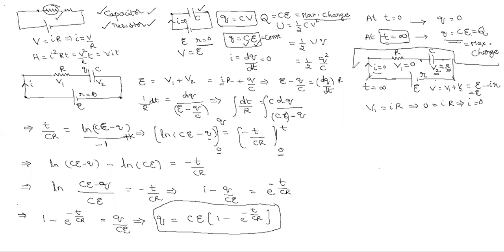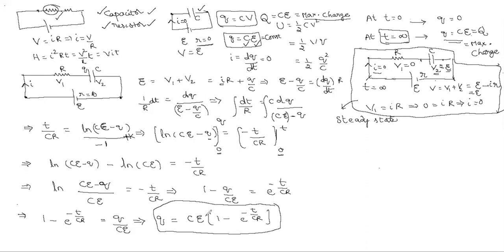At t is equal to infinity, what happens? At t is equal to infinity, whatever the resistor connected to the capacitor, the current through it is equal to 0. And the capacitor which is connected in series to the resistor acquires maximum charge. That state is called steady state. So these types of problems are very important. Steady state models. I will give one example so that you can understand. First, I will try to complete the theory behind this concept.